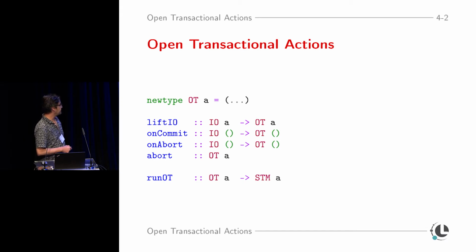And we can also register commit and abort handlers using onCommit and onAbort. The onAbort actions registered are executed in reverse order, from the newer ones to the older ones. Also, programmers sometimes might need to abort a transaction, so we have an abort construct. For example, when we can't get a lock for a resource, we probably have to abort the transaction, so we